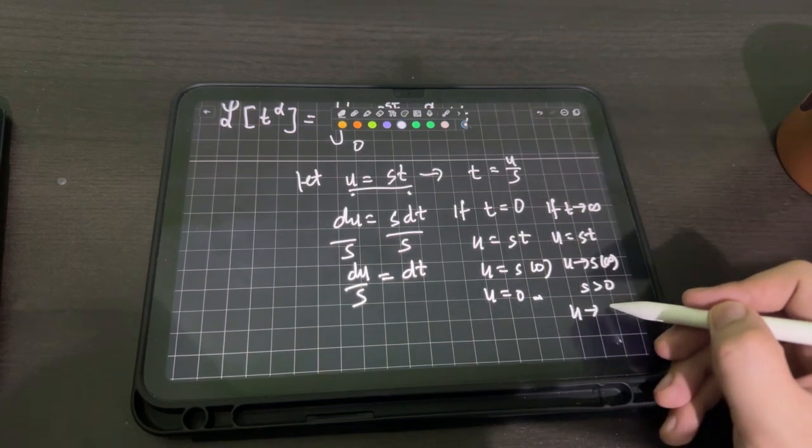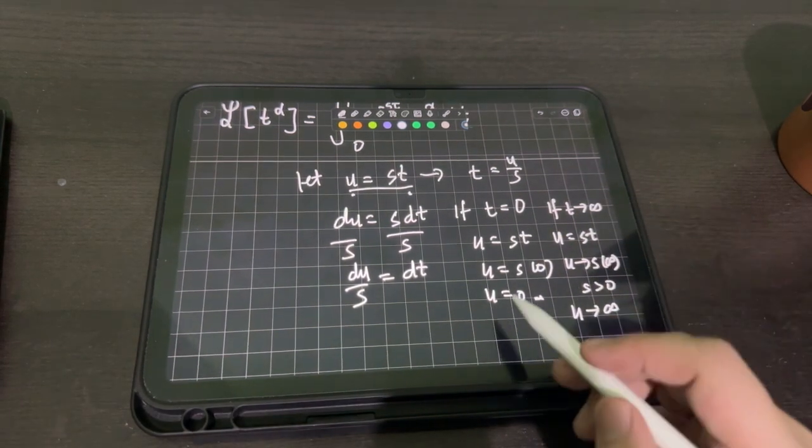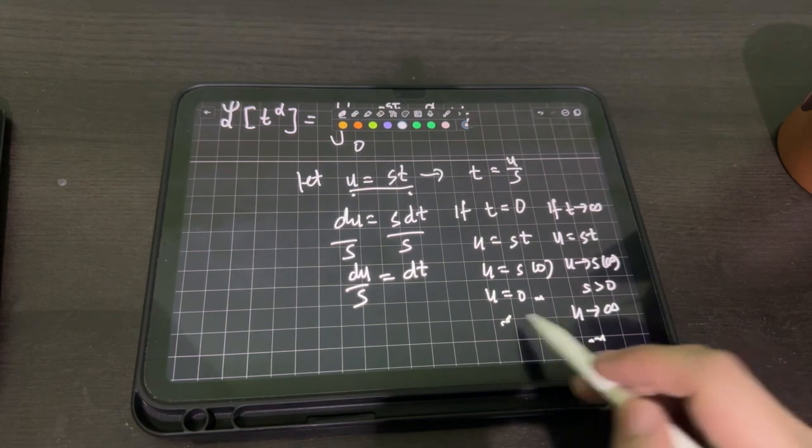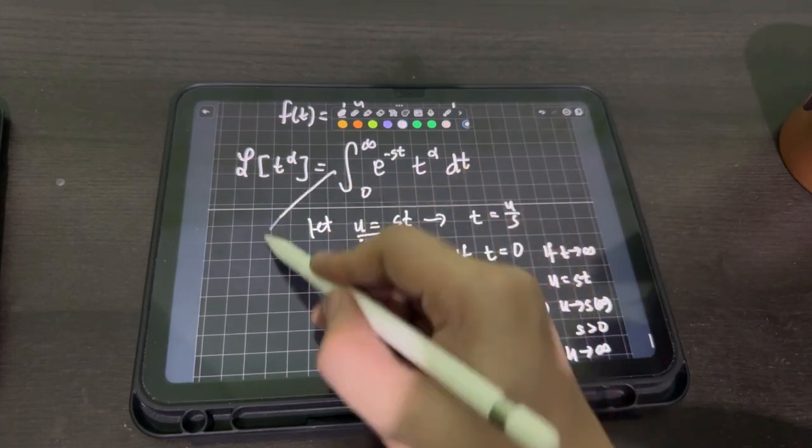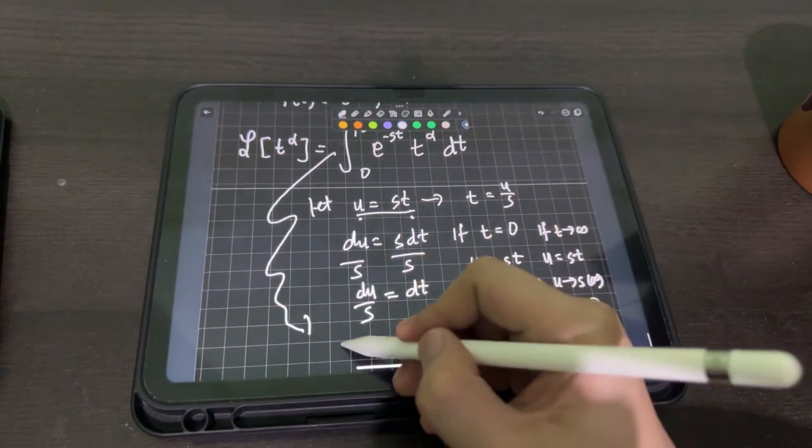Therefore, u is also approaching infinity. So basically, we just have the same lower and upper limit when we use this substitution. Okay, so substituting in the original integral,